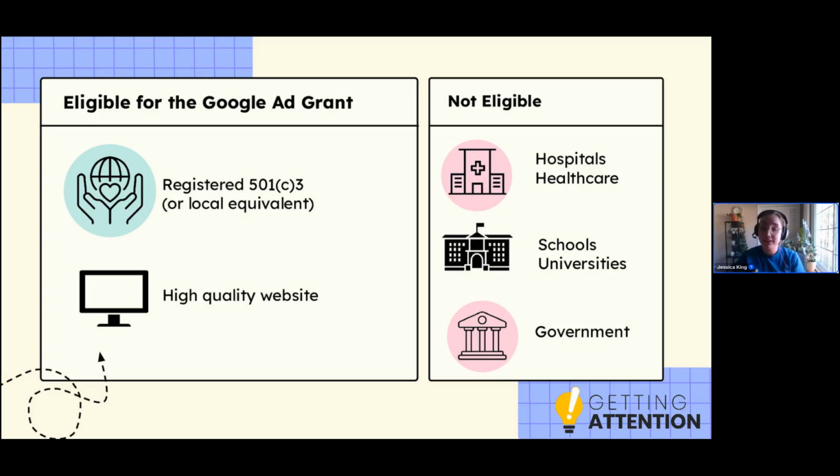I've seen fairly low information websites get approved. So if the objective is simply getting the grant, it's really designed to be quite attainable. We'll talk about the sign up process in just a second, but it is really meant to be a very easy bar. That said, there are a couple of types of organizations that are not eligible for the grant.